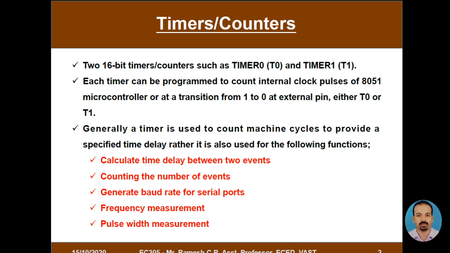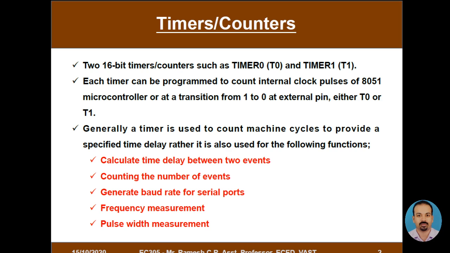This counting takes place at every clock pulse that reaches this timer module, and the clock frequency at which the timer operates is in general defined by the oscillator frequency divided by 12. We will be looking into the designing of the clock frequency, etc., in detail in the coming